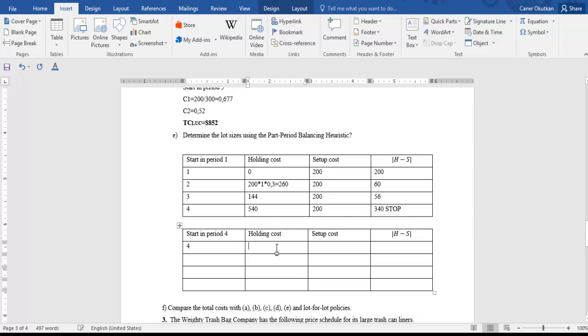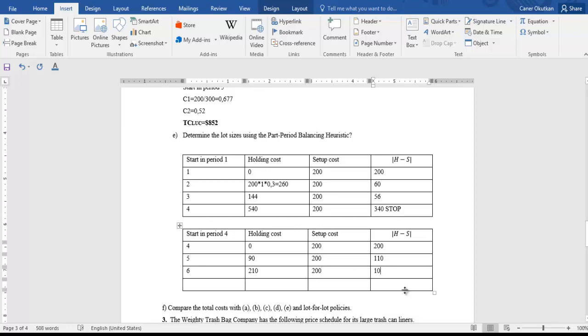Our holding cost 0 again, our setup cost 200, so absolute difference 200, and 50 period holding cost and setup cost and difference of holding cost and setup cost, and last holding cost 200 and setup cost, so